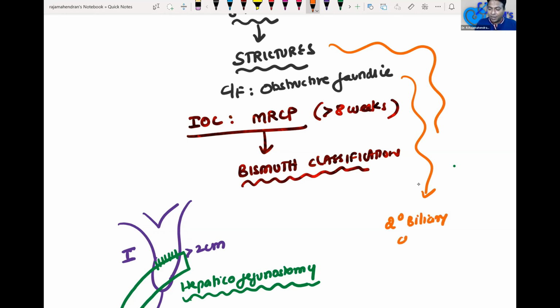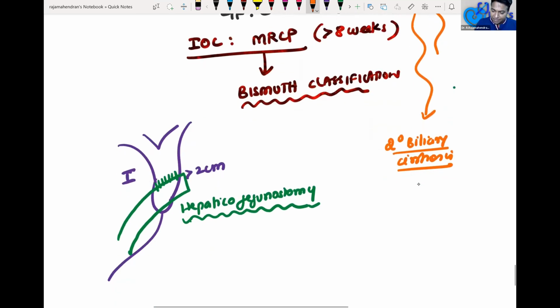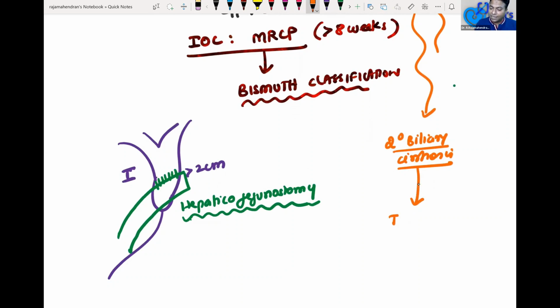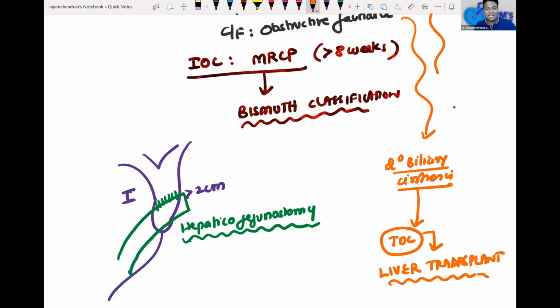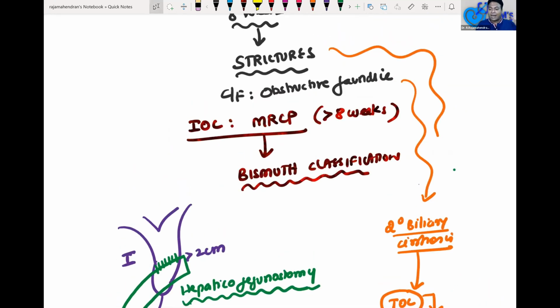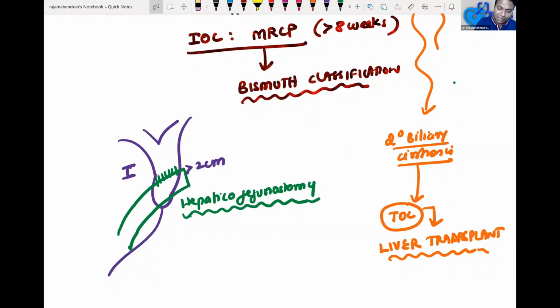Just a 35-year-old lady. She had not been properly evaluated for the stricture. She had jaundice and she came to the hospital with secondary biliary cirrhosis. When I was doing MCh during my postgraduate days, the patient came with secondary biliary cirrhosis, and the only treatment of choice for this case is what? Liver transplant. Please remember, a gallbladder surgery patient who came for a simple gallbladder operation, removal of a 6 mm, 7 mm gallstone, landed up with bile duct injury, stricture, finally biliary cirrhosis, and finally went for liver transplant.